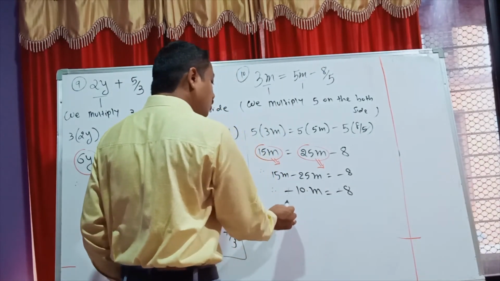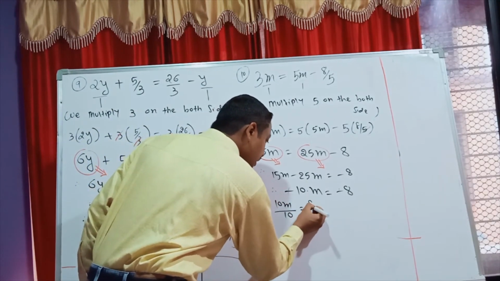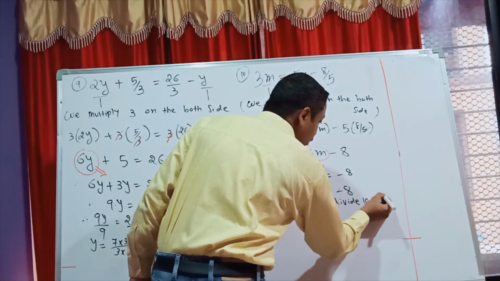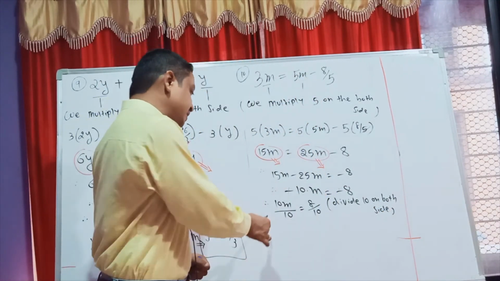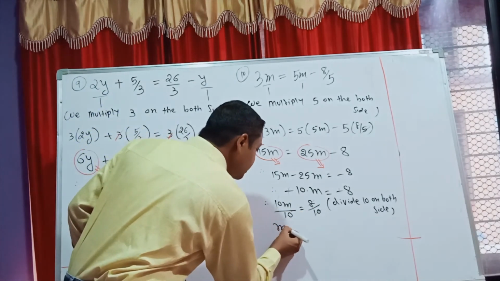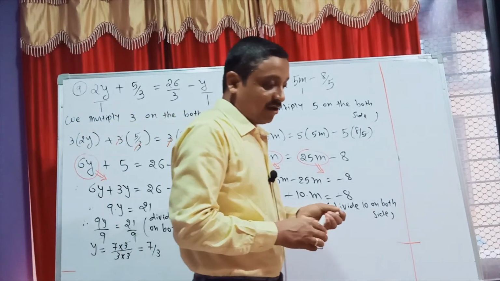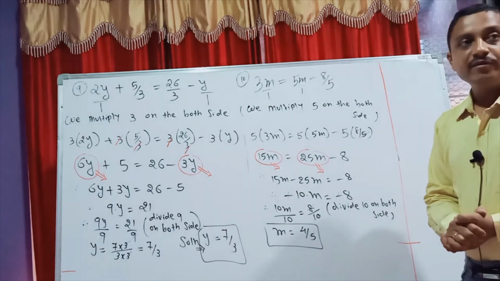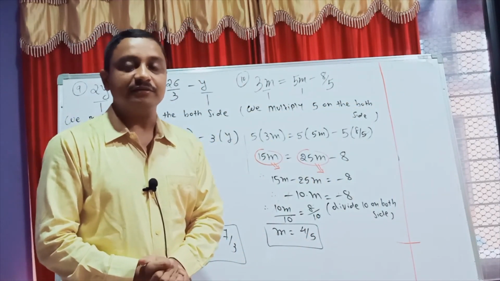Students, minus and minus gone on both sides. So I have only 10m upon 10, 8 upon 10. And here, divide 10 on both sides. So this 10 cancels. And here also 4 2s and 5 2s. My answer m is equal to 4 2s and here 5 2s. So this answer is 4 by 5. Yes students, here our part 4 is happily done.